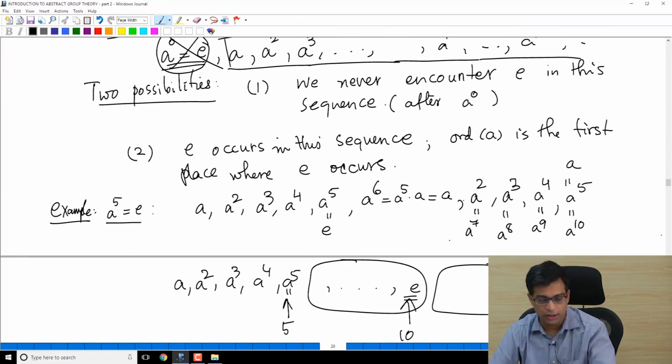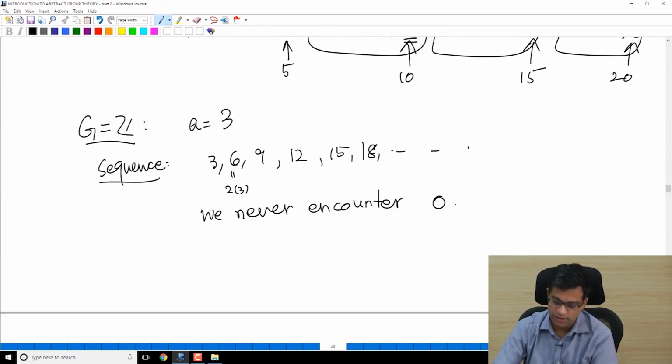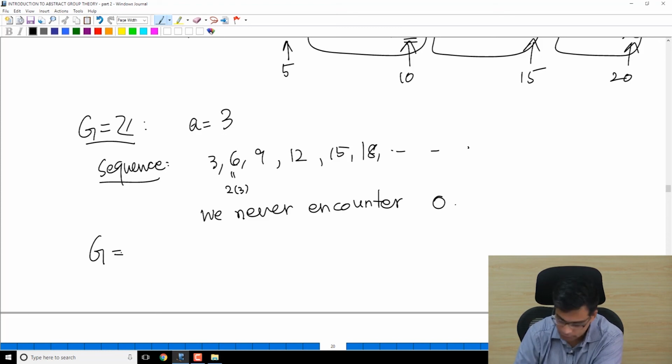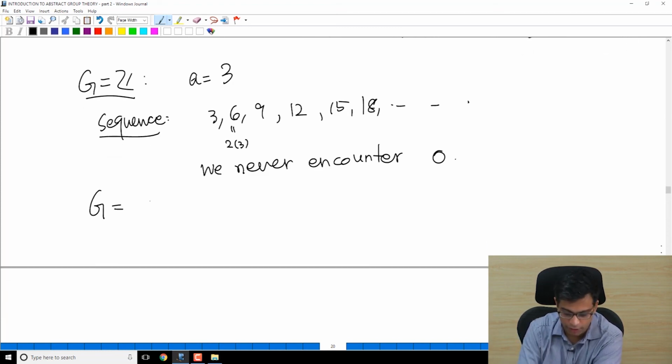This is the possibility number 1 here. So this is a sequence of distinct integers never containing 0. So this is the first possibility. On the other hand, if you take G to be some other group, like for example, if you take Z to be the group of fourth roots of unity,